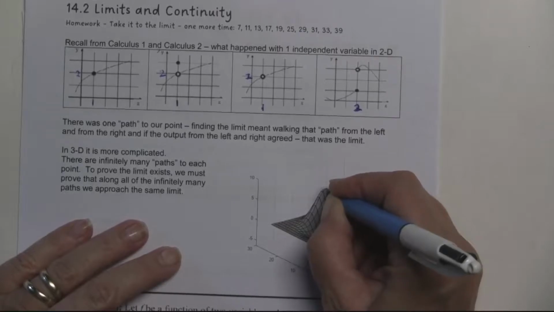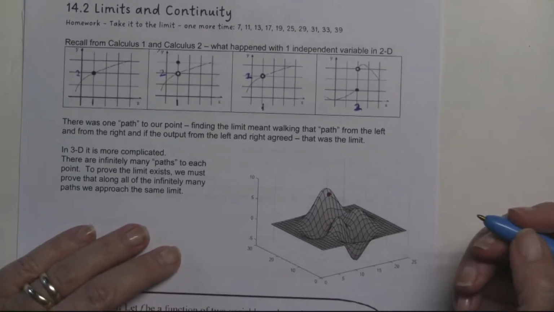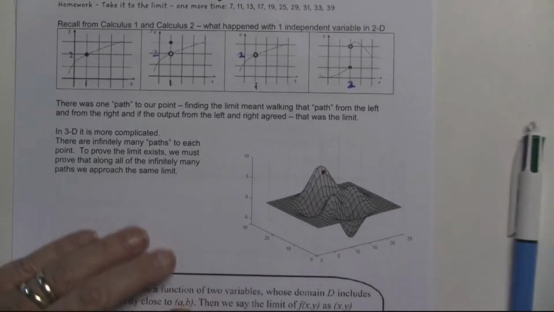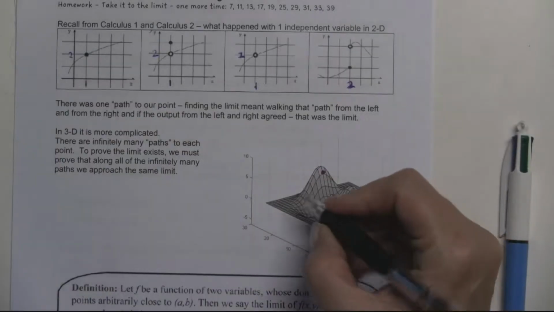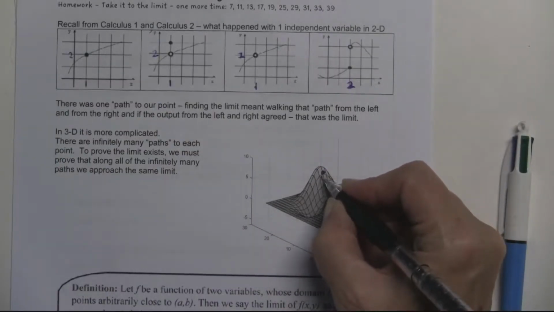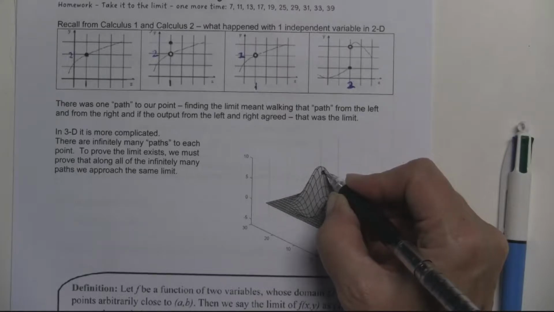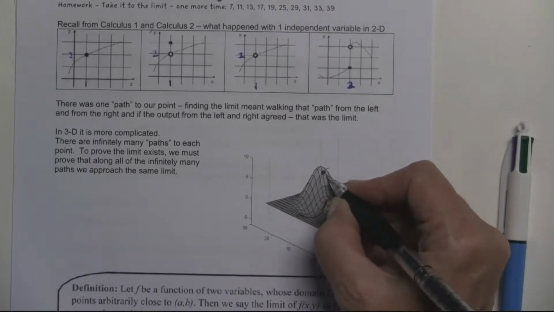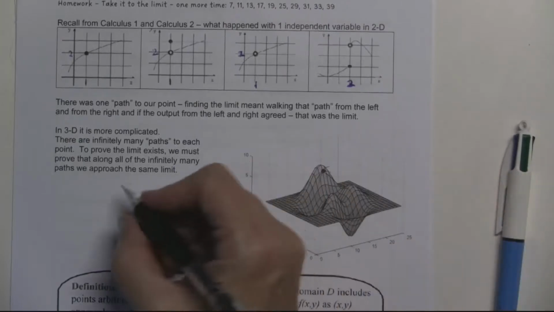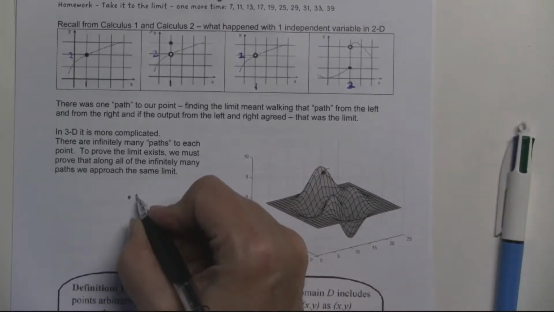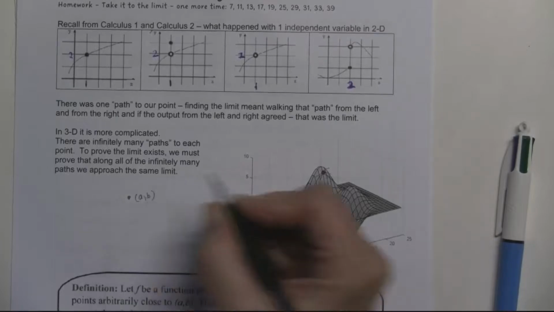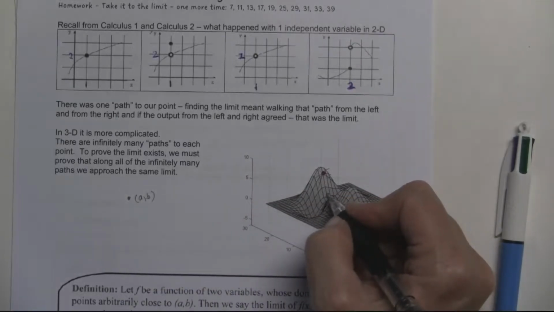But any point that you're at, I just put a point there on the grid. There's just not one path that goes through that point. There's infinitely many paths that go through that one point. So if I have this point AB, and it's on the surface,